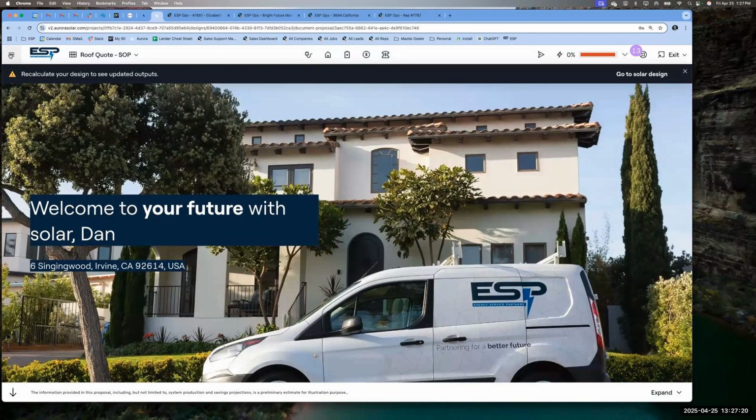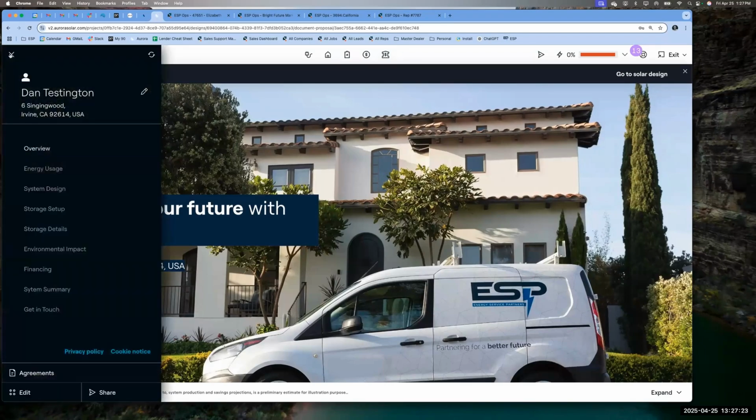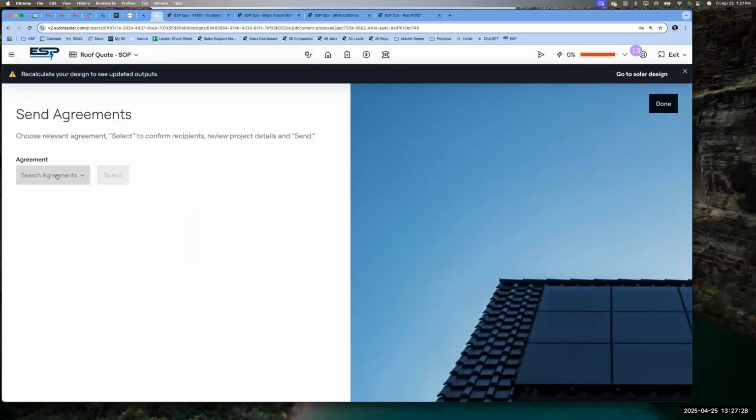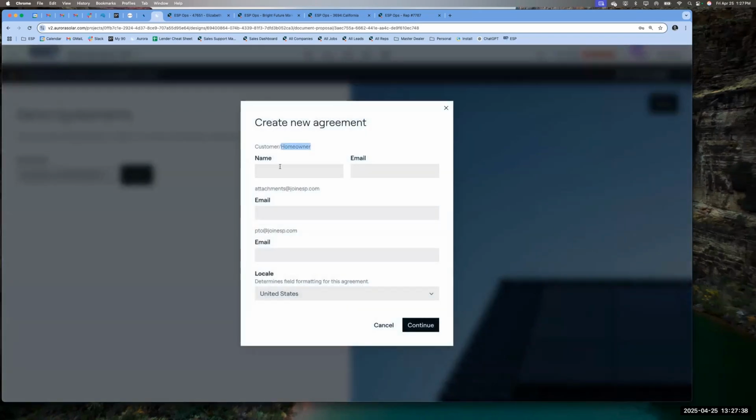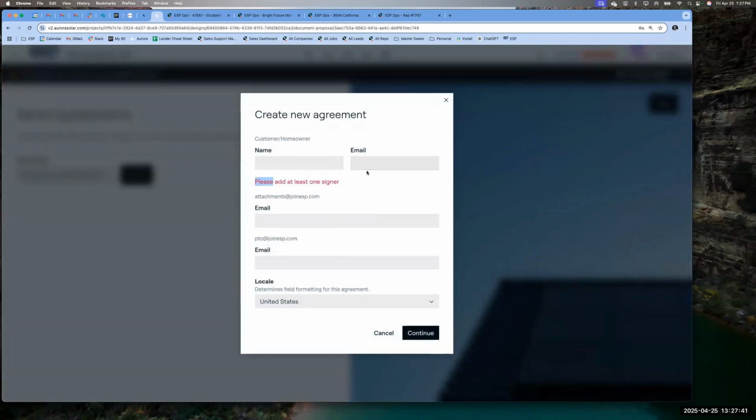And now there's one of two ways that you can get your cash agreement signed. You're going to click on the three horizontal lines in the top left, and you're going to scroll down to agreements. From agreements, I want you to go ahead and get those net metering docs completed. Now, this was Edison with PV plus battery. So choose none docs, select, and then go ahead and put in that homeowner's first and last name here, then their email. Yes, you should copy and paste the email here. Just make sure that it is, again, triple checked, verified, good to go. Then just copy attachments, place it there, PTO, copy, place that email there, click continue, and you can send docs